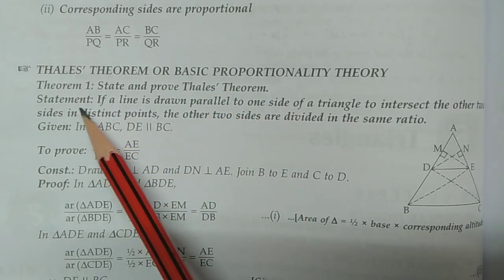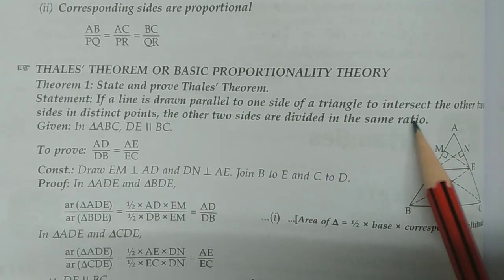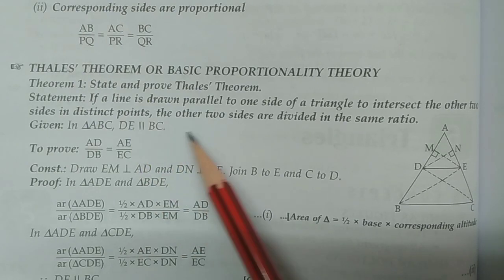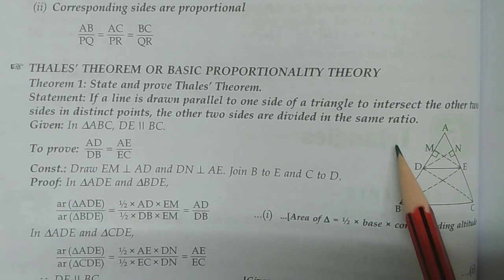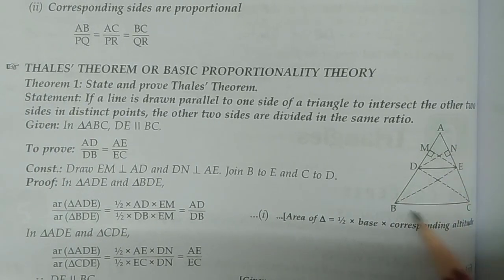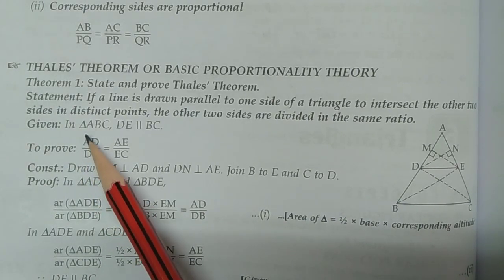So it's given a statement: if a line is drawn parallel to one side of a triangle to intersect the other two sides at distinct points, the other two sides are divided in the same ratio. So you can see here in this triangle how it's being made: triangle ABC, and then DE, and it's just like that. You can understand easily from here. So it's given here, given a triangle ABC